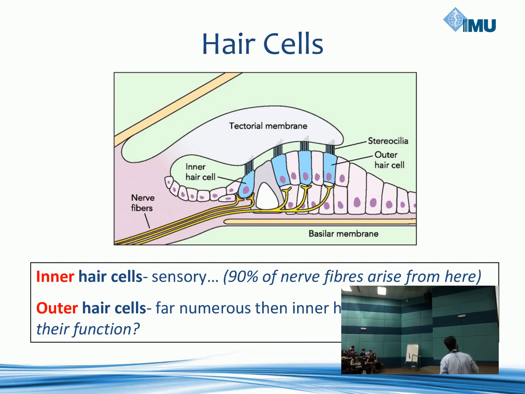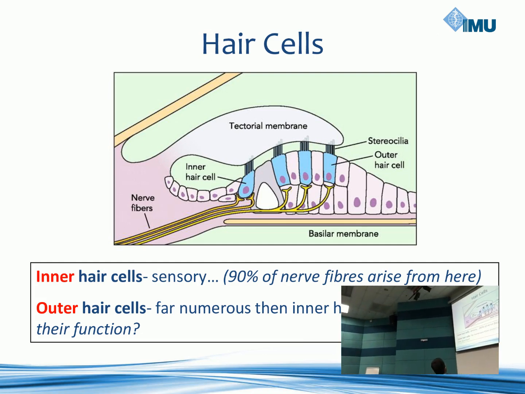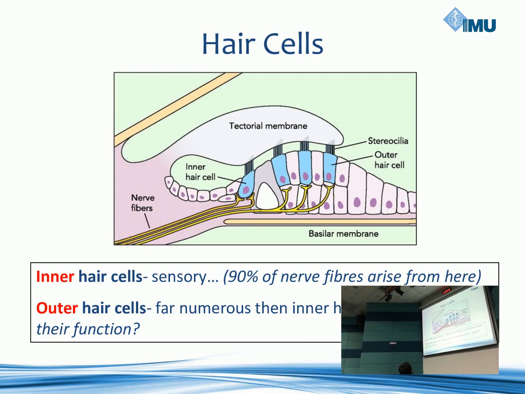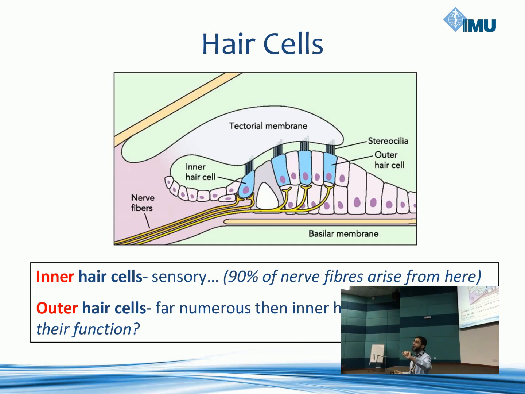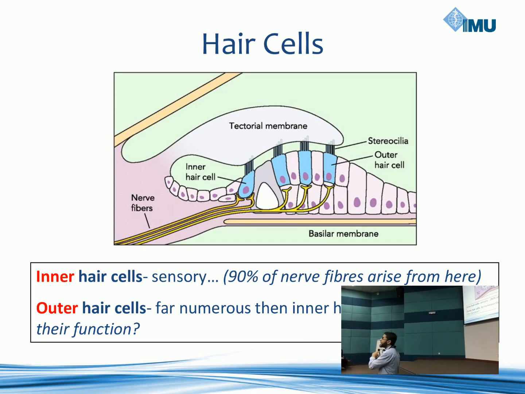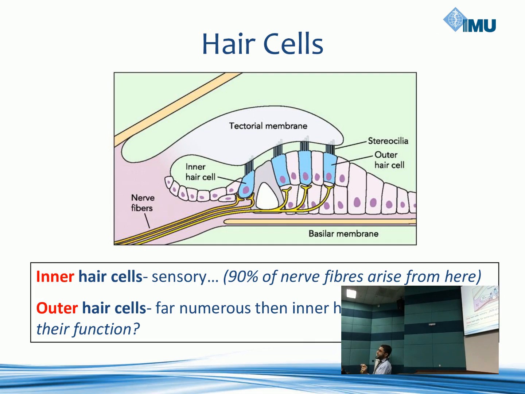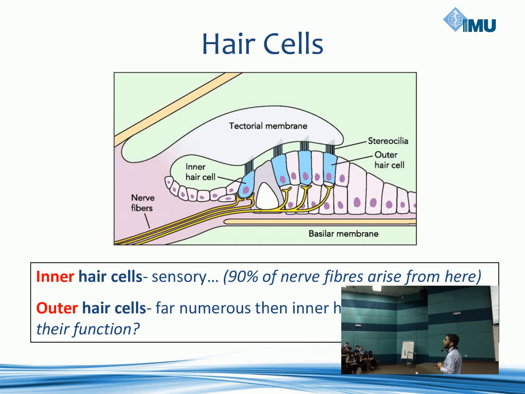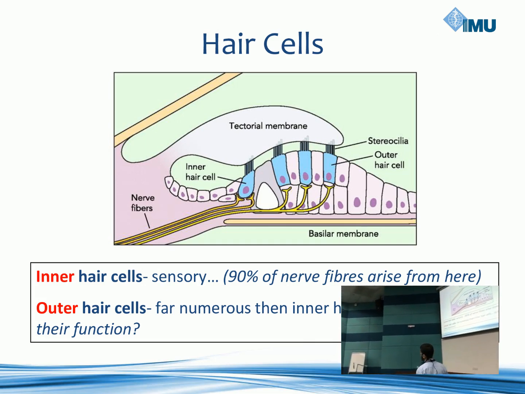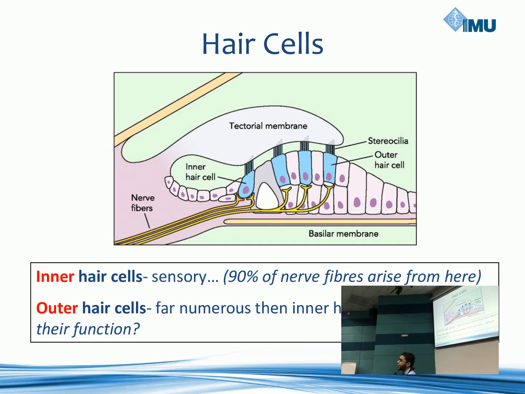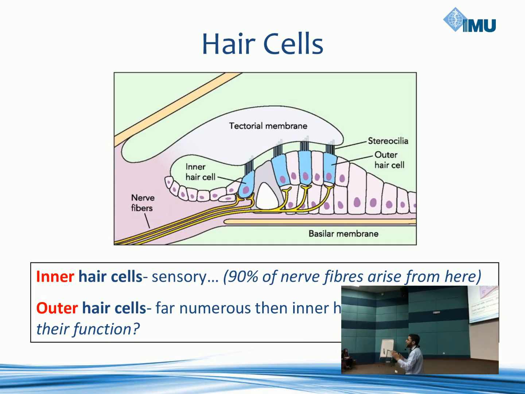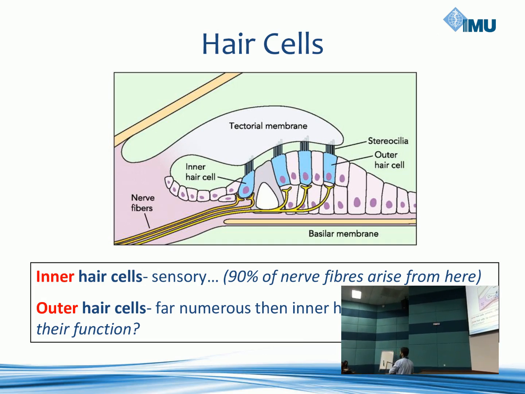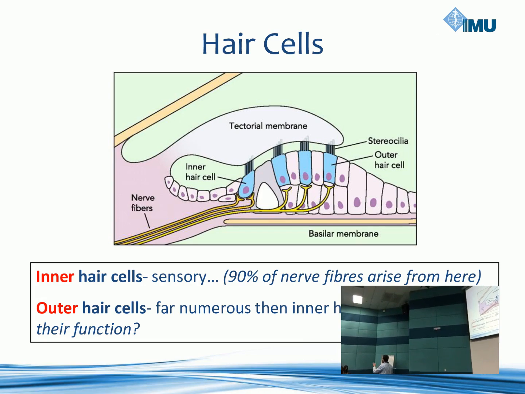What are the outer hair cells doing then? And also another point, 90% of the nerve fibers in the cochlear nerve actually arise from the far fewer inner hair cells. Only 10% of nerve fibers go from the outer hair cells. Okay? So basically, the function of outer hair cells is not completely understood, but they are thought of as modifiers